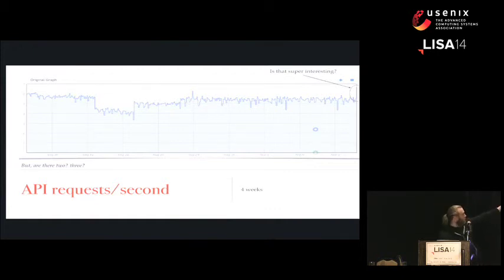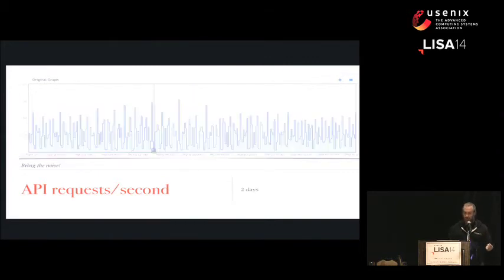So each of these points in this graph, these are API requests per second. So presumably every single second I actually have a different number of API requests that I've served in that last second. I'm not showing you 86,400 times 28 pixels. So I'm not showing you every single second that's there. In fact, each one of those things is like a 20 or 30 minute average, which is horrible. Because if you zoom in,